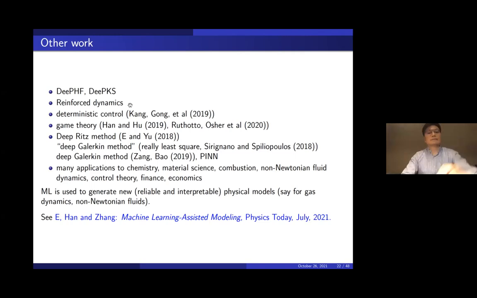Okay. And what does reinforced dynamics mean? The name is created because of some analogy with reinforcement learning. So there's some sort of reinforcement in the dynamics. You sort of learn on the fly. As you improve your learning, you're performing better and better, using what you've learned to guide your search.